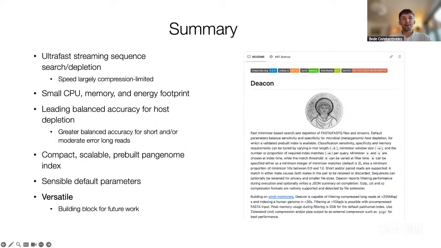So sequence databases are getting larger, sequences are getting faster. We know that the forthcoming Roche sequencer will generate data incredibly quickly compared to existing platforms. And so, more generally, we need fast, efficient, sufficiently accurate methods for whittling down big data sets into the things we're interested in. And Deacon is equally useful for searching a gene in a huge data set as it is for host depletion.